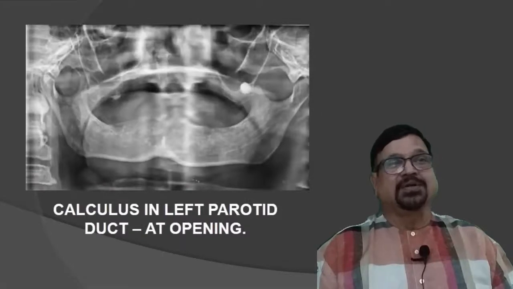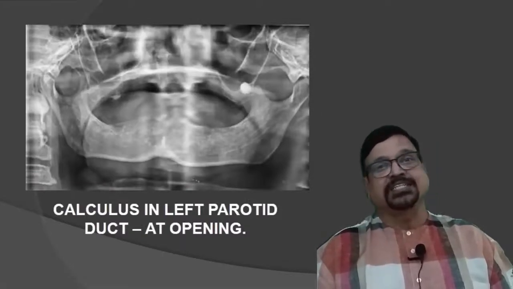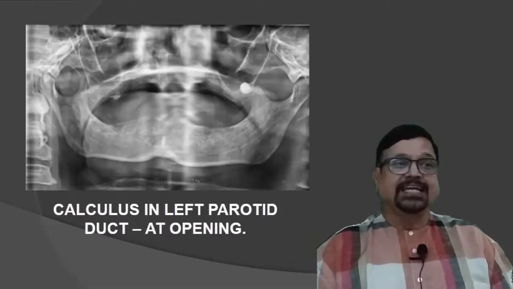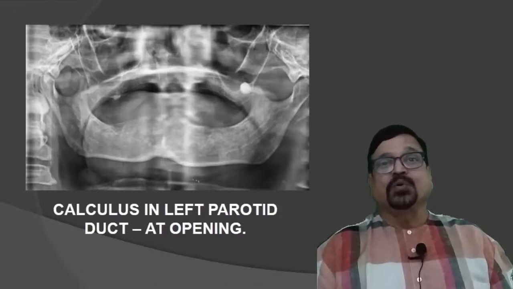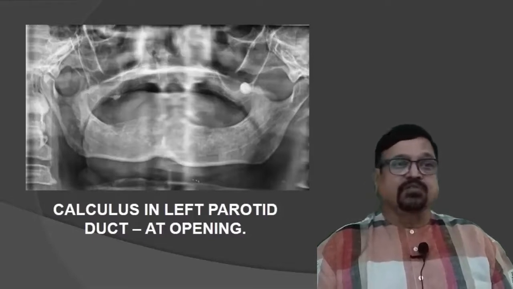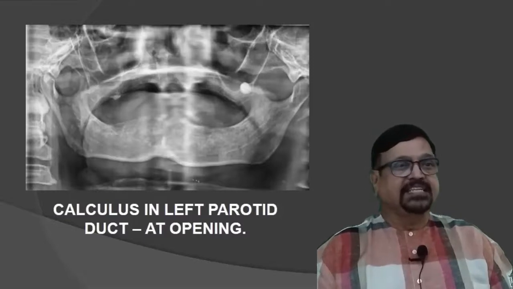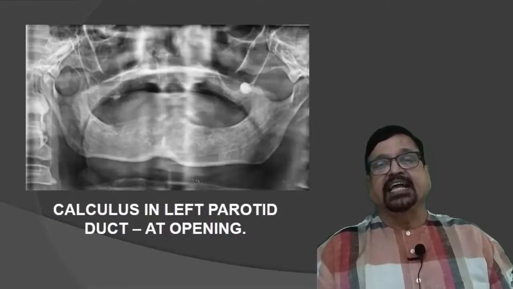Both should be taken. What is this? A large calcification. Which is the procedure? The procedure is OPG. So OPG is taken for dental purposes, but what we are seeing is a calculus in the left parotid duct. So as I told you, AP and lateral are the two projections. OPG is not a popular method of choice for taking a scout film for parotid calculi, because it is seen improperly in our routine X-rays. There is no need for OPG. But if you take OPG, yes, you can see a calculus at the opening of the parotid duct.